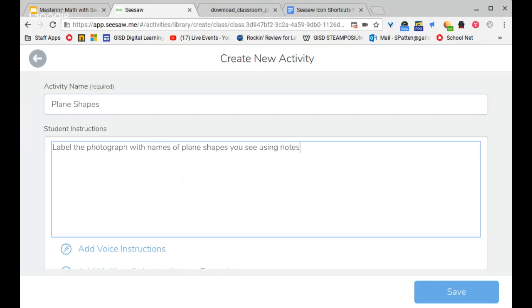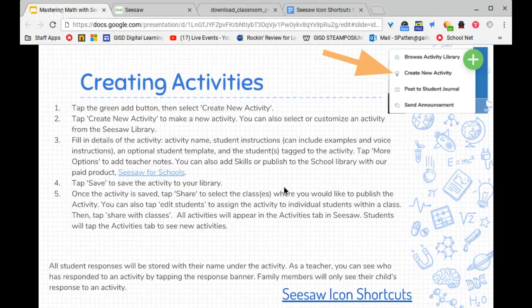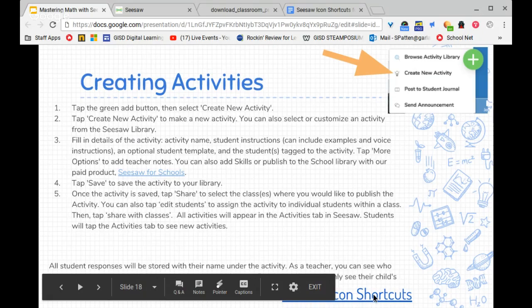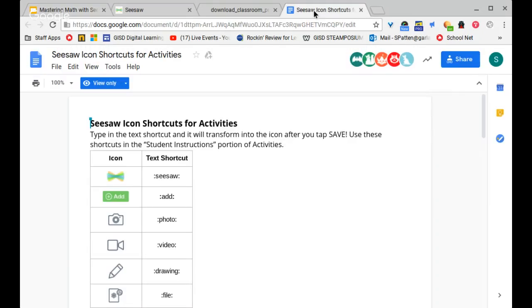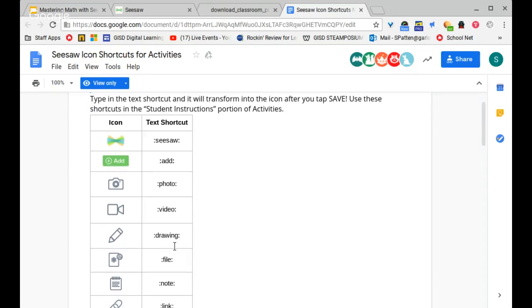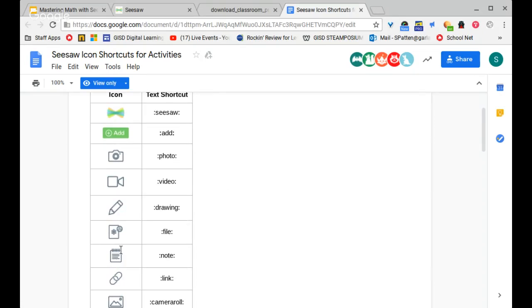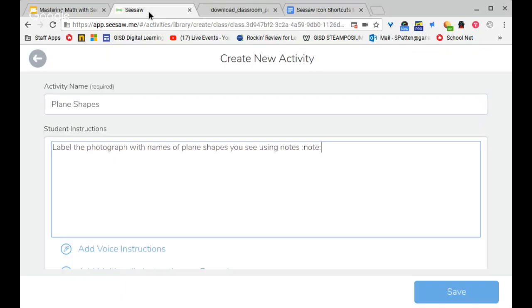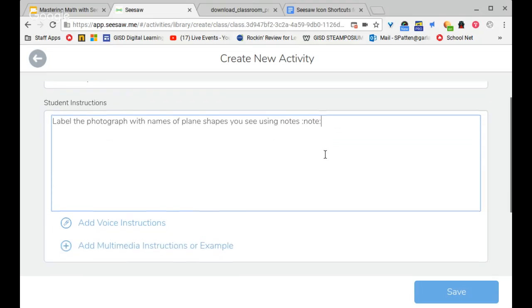So one thing that you might see while you are searching for activities is that in some of the instructions, it actually has the visual of like the note or the camera. If you look on my presentation, I've added a Seesaw icon shortcuts, and it'll take you to a link and it'll show you exactly what you need to type for this icon to appear. So as you can see, I typed that right here. So when it shows up for students, they'll actually see the notes icons,